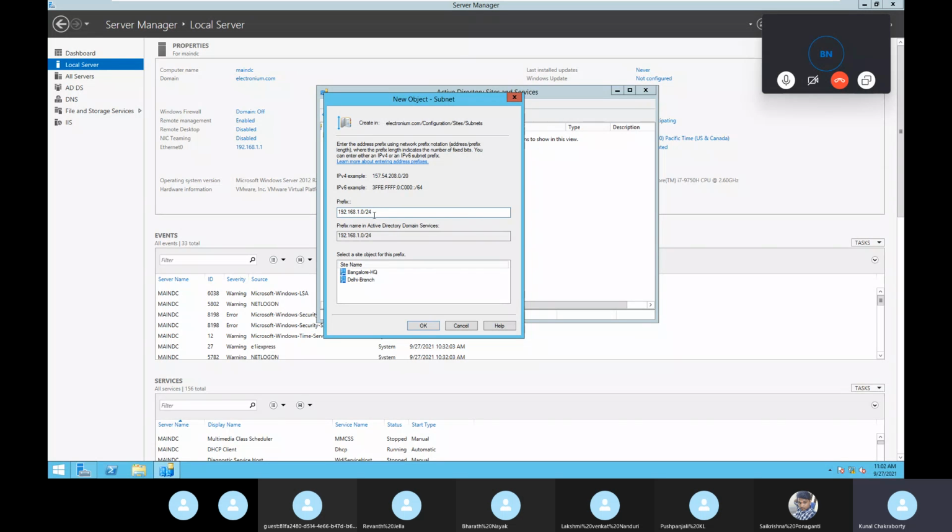When we give the IP for the Delhi side, Delhi side has which network ID? 10. So I need to assign 10 there. We need to tell the server that the site's network ID is 10, so it can communicate.